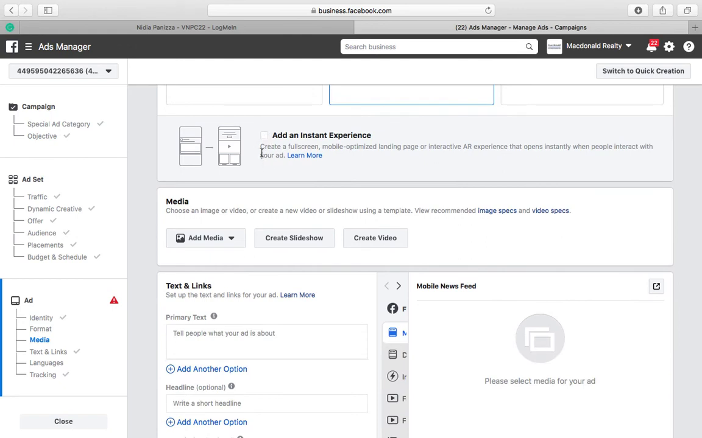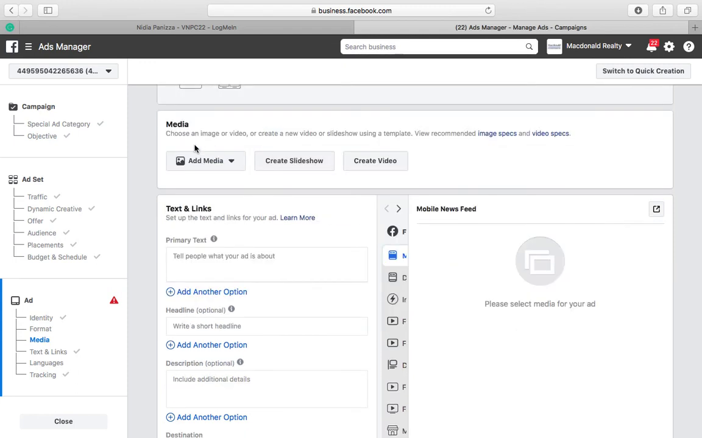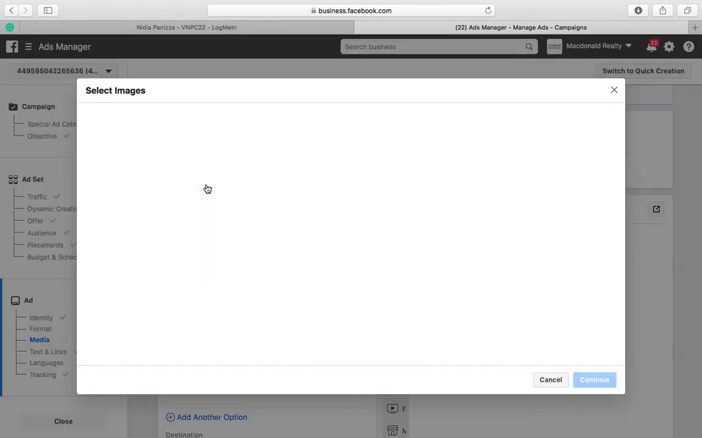Again, this is only for mobile experience, and once someone clicks on your ad, it goes to a landing page that opens instantly when people interact with your ad. Then you have to choose an image or video, or create a new video or slideshow using a template. So click add image or add video,